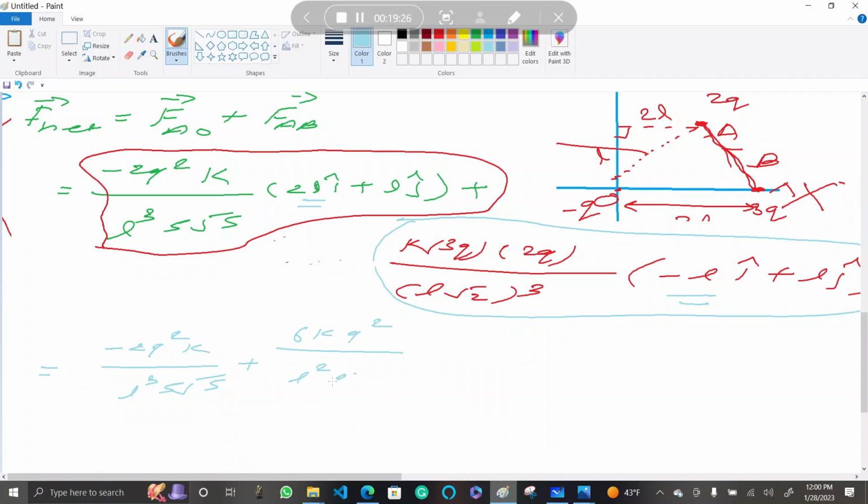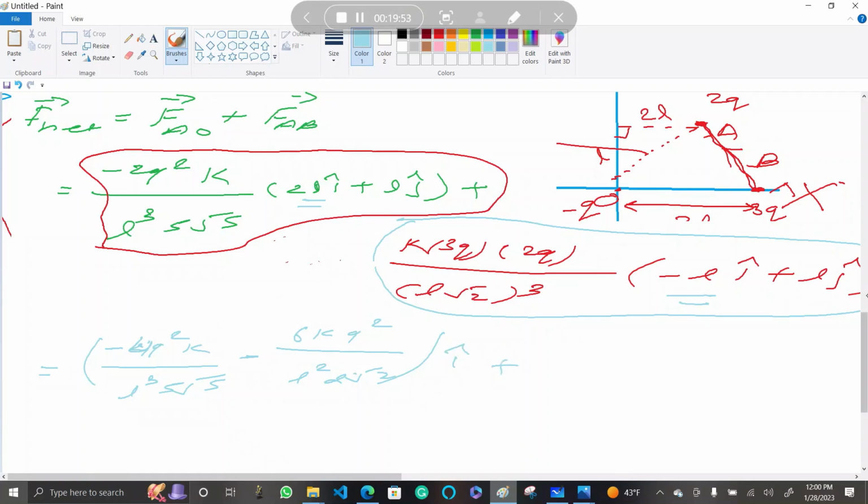So I would get minus 2q squared k by L cube 5 root under 5 plus 6kq squared by L squared 2 root under 2, right,